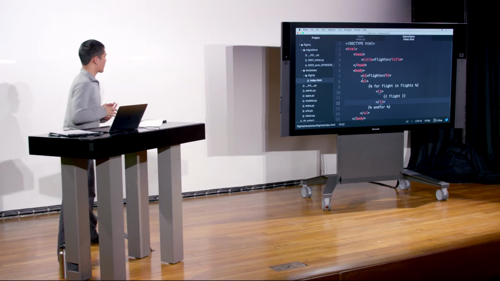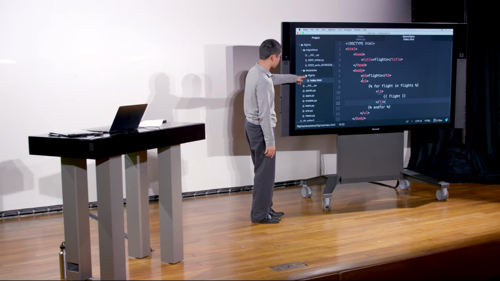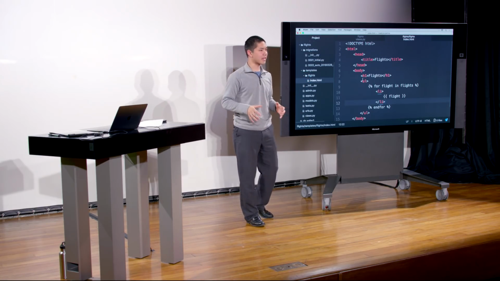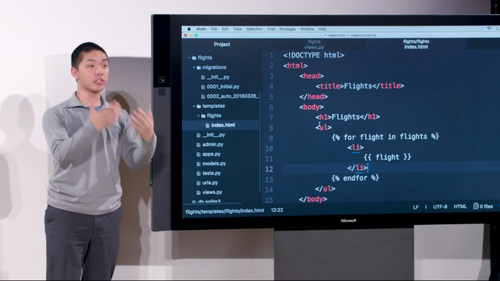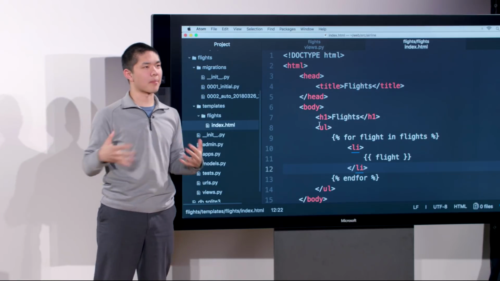Yeah? Why is the directory structure flights, building an extra folder? Oh, good question. So the question was, why is this directory structure inside of templates a separate directory called flights, inside of which is index.html, as opposed to just having index.html there? You could do it where you just had index.html inside of flights, and you changed the template name in views.py